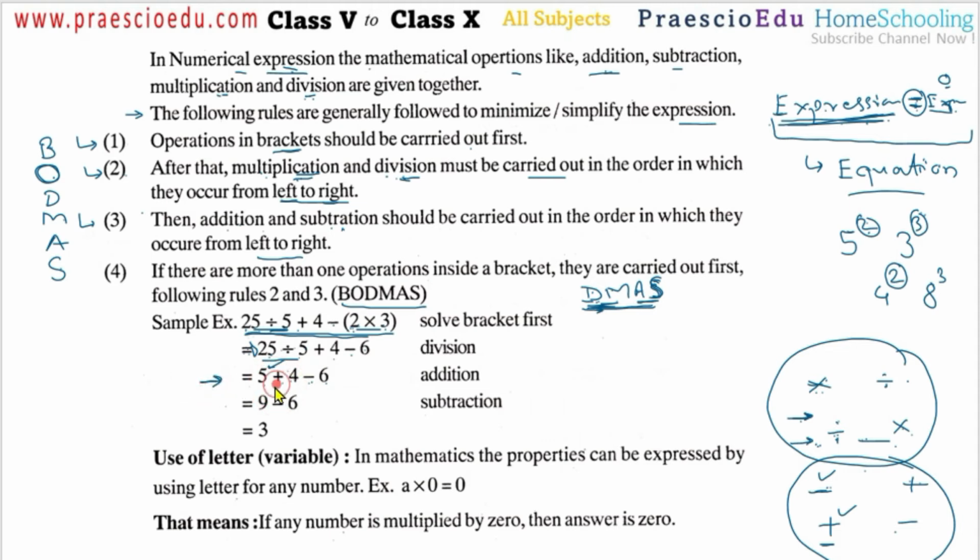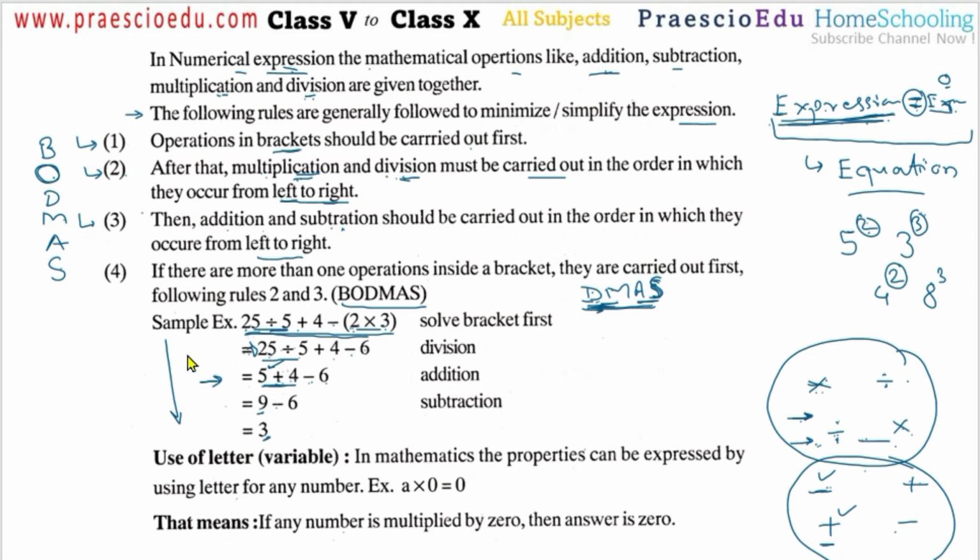So from the left side, addition is there, so we will solve it first. 5 plus 4 is 9. Okay, and then whatever the subtraction, so the answer is 3. So these are the steps. Okay, so don't forget about this one, and as per this we are going to solve a number of